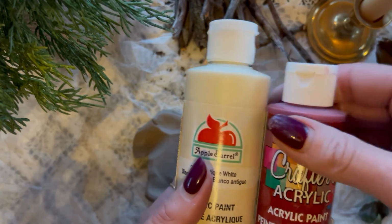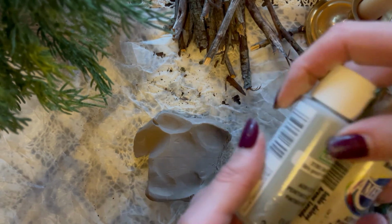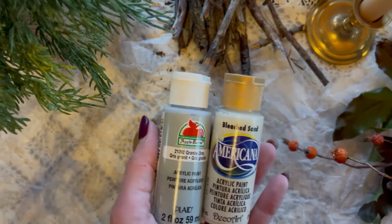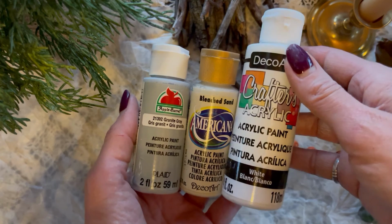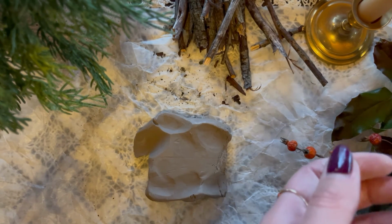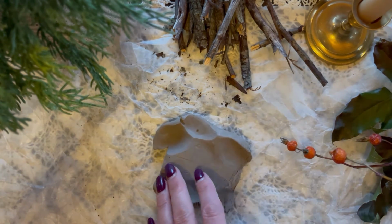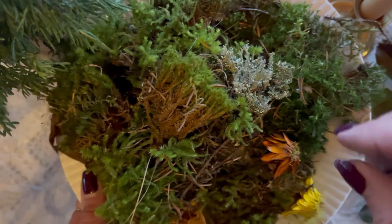So the paint that I'm using is just typical acrylic craft paint in assorted colors, and this is totally up to you. You can use any colors you want. I'm just using grays and whites and ivories and things that I feel like are natural colors from the forest, and also red